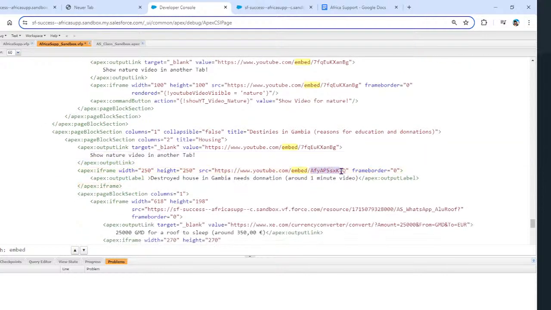Embed one from here to here. Yes, an iframe, that's fine. No, but is it destroyed house? What's it going to be? Ah, we didn't. Okay. Destroyed